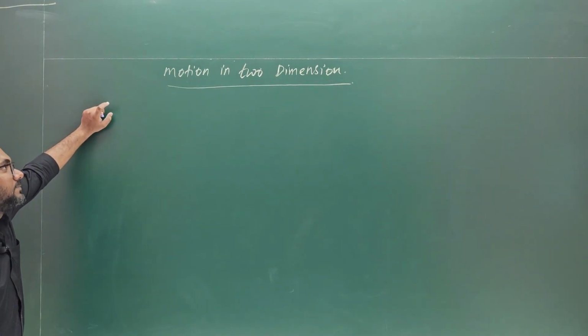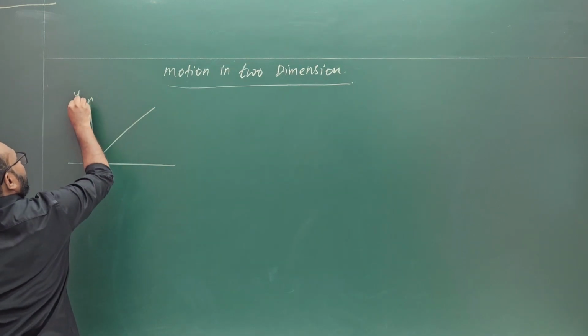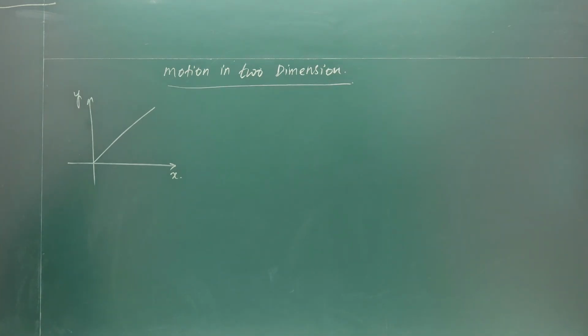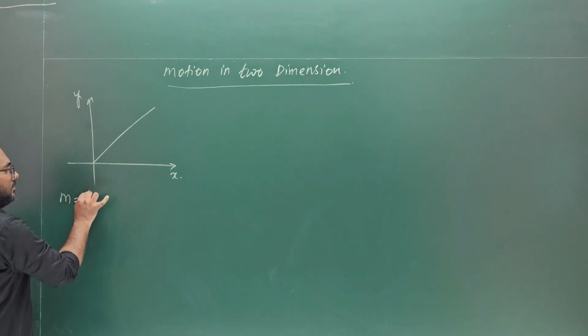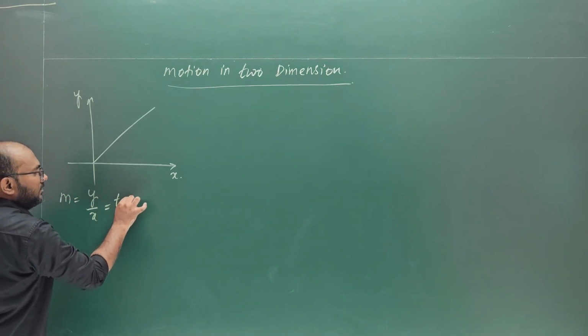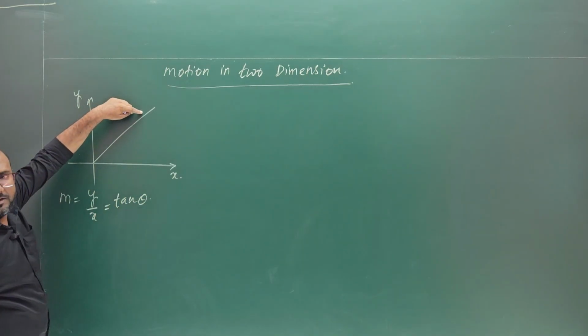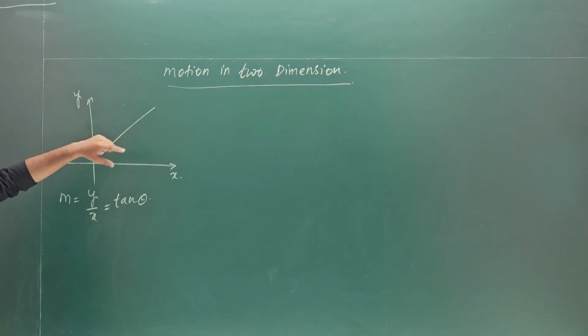Shall I now? Okay. Consider, I will draw 2 graphs. This is your y-axis, this is your x-axis. Body is moving in a straight line. Why are we saying that the body is moving in a straight line? Because by seeing the slope. So here, can I say that m is nothing but y upon x, and this is also equal to tan theta. At any point over here or over here or over here, theta is same. Yes or no? Slope is same. That means body is traveling in a straight line.